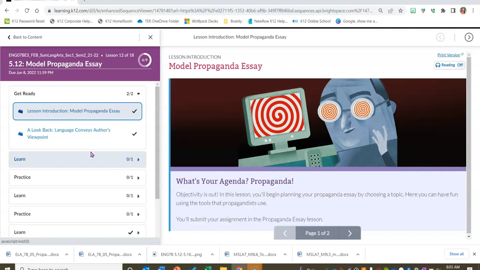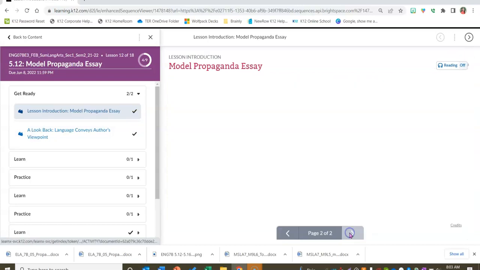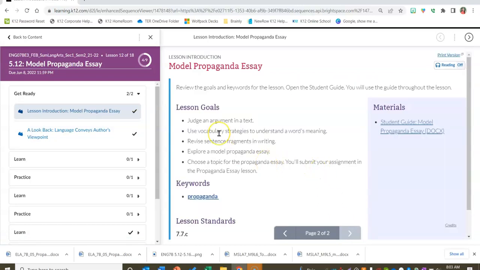We always want to begin with the end in mind, especially when it comes to writing. So before you get to lesson 5.14 where you will submit your essay, it's important that you understand what's expected of you at the end, how you will be graded, in order to do your best on this assignment. So as you work through the lesson pages in 5.12, again, it'll go through the components of what a